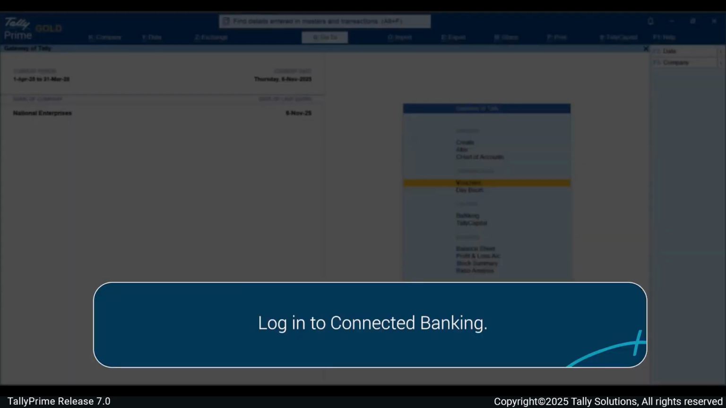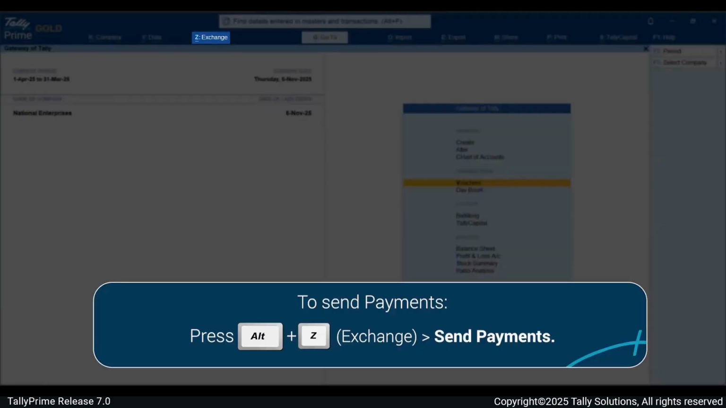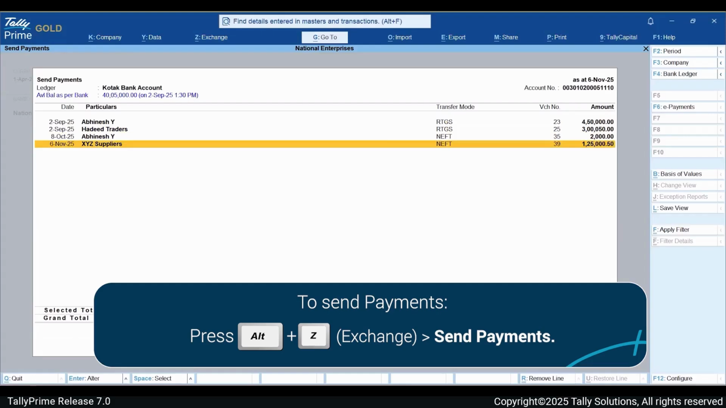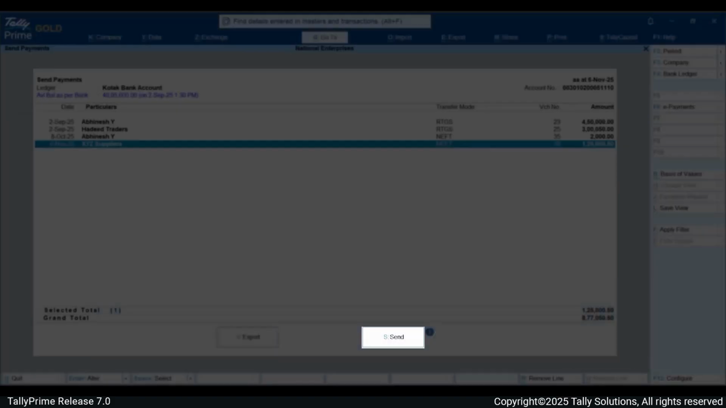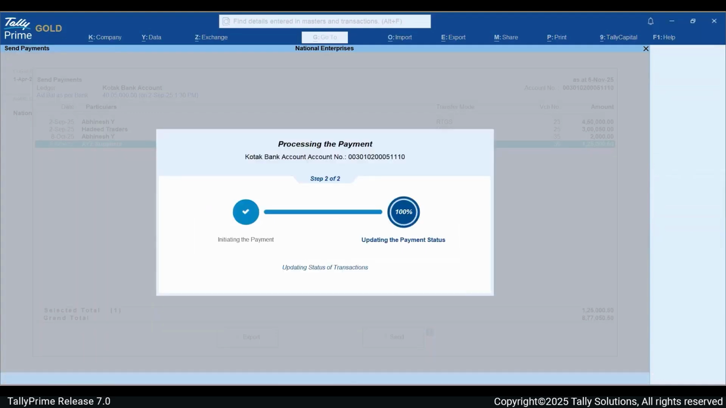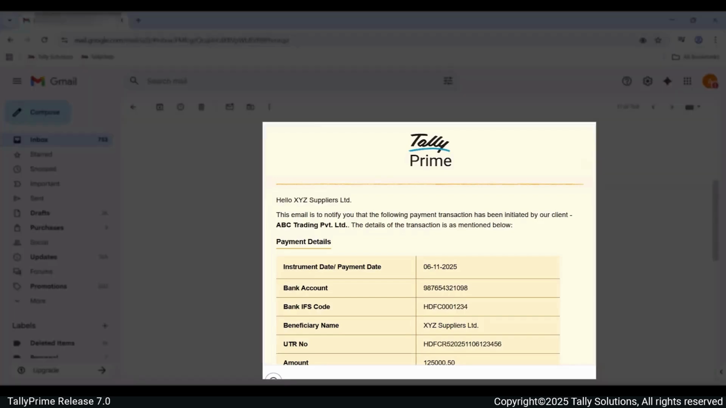Before you send a payment, ensure that you have logged into connected banking. Press Alt Z. Send payments and press Enter. Select the payment and press S to send payments online. Once the payment is processed, your supplier receives a payment advice and you can see that you also have a